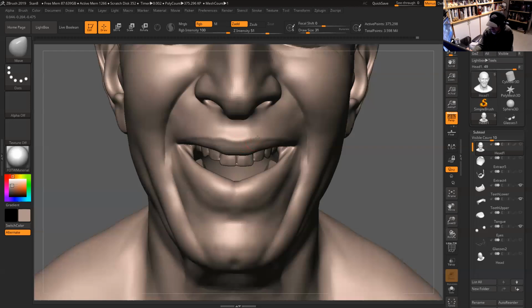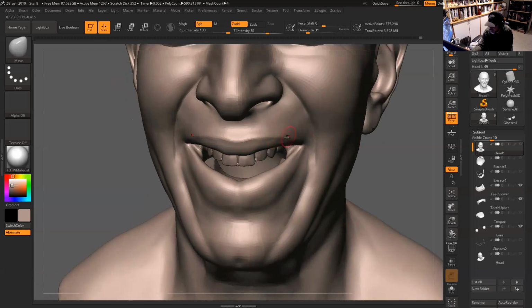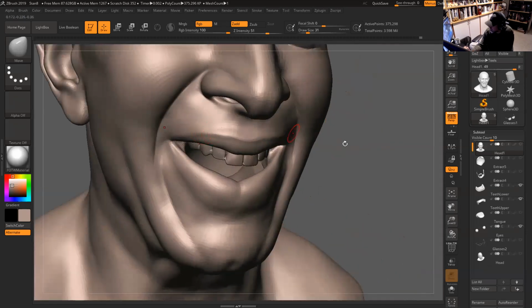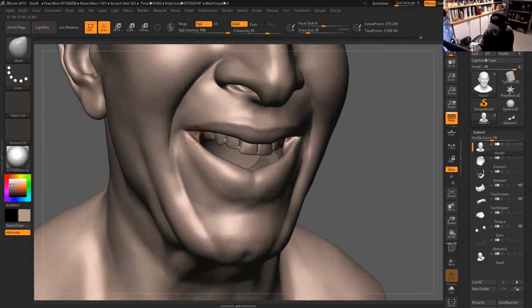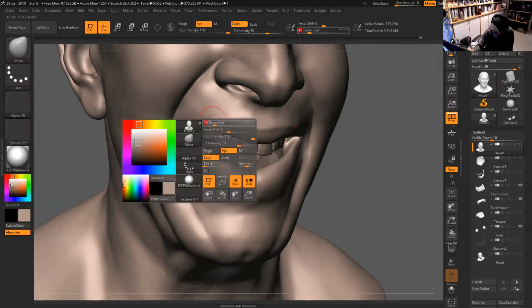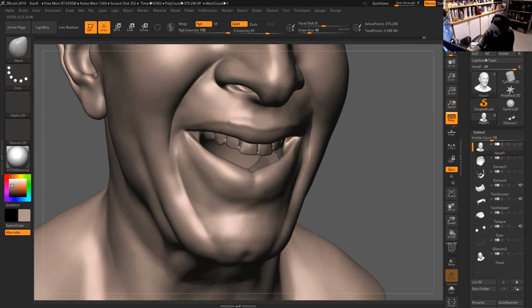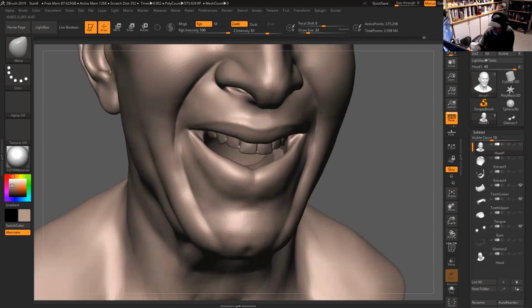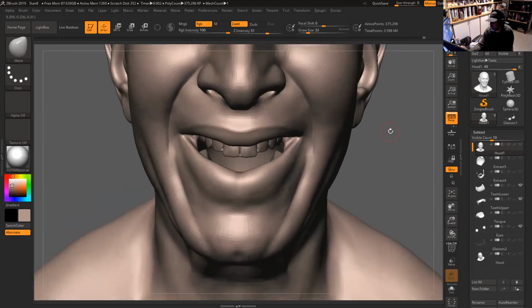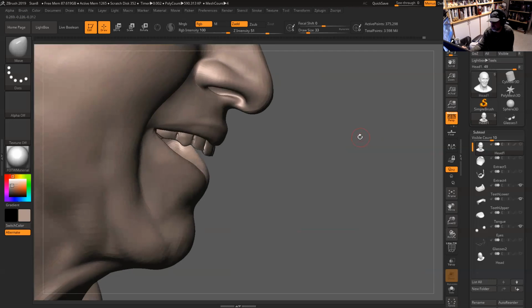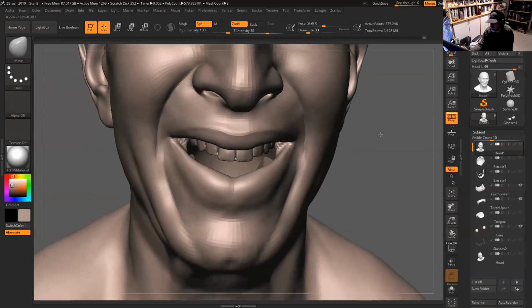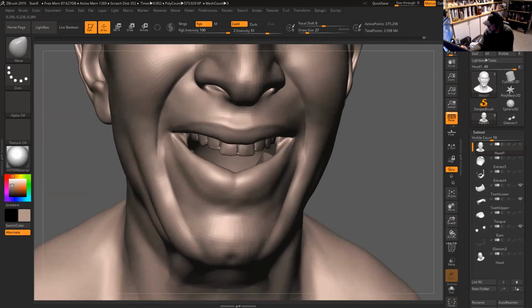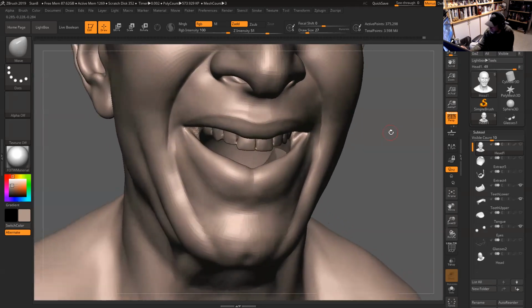So it's kind of like a Joker shape that he has, or had. Unfortunately, Stan is not with us anymore. But he has this very interesting shape. It goes higher here on the sides and flatter, of course. Like I said, there is a smile, so there is a loss of volume because everything is compressed against the teeth. And then this area here seems like it's a little bit, yeah, there's another thing that's happening here